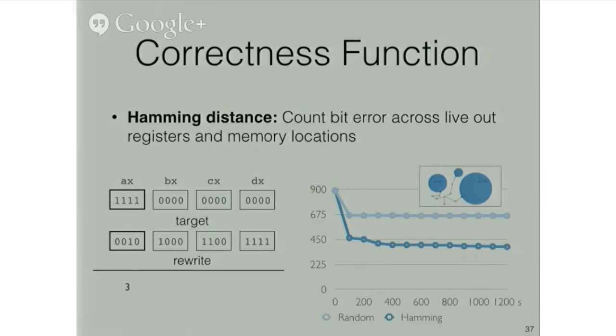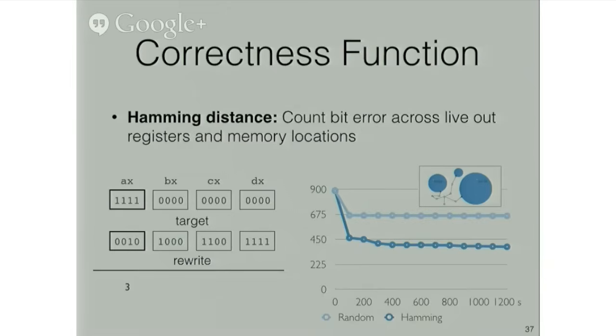And the plot on the right here shows the best result obtained over time using this as a cost function for a synthesis thread on the OpenSSL kernel that I showed you at the beginning of this talk. For comparison, I've also shown the results obtained by a purely random search thread on the top here. Takeaway is that after 30 minutes, the search failed, meaning it was unable to find a zero-cost correct rewrite.